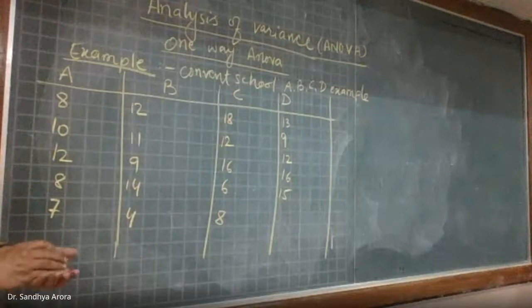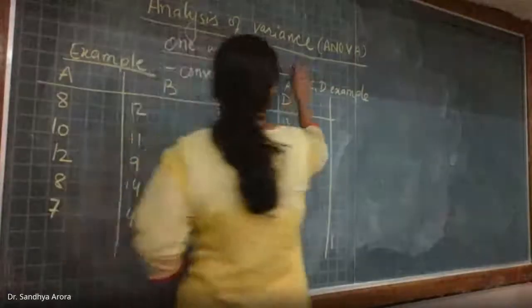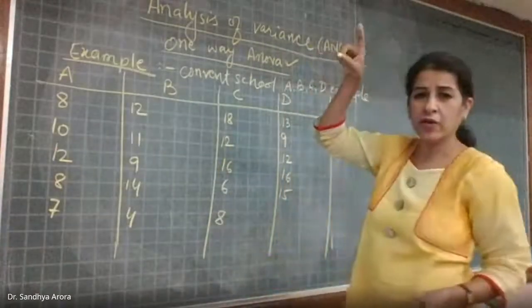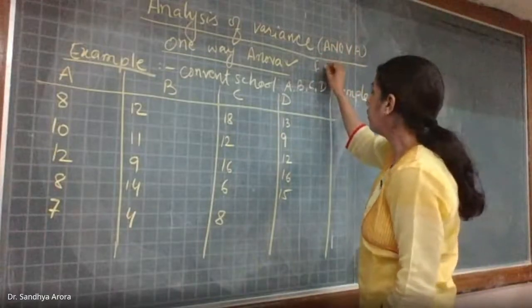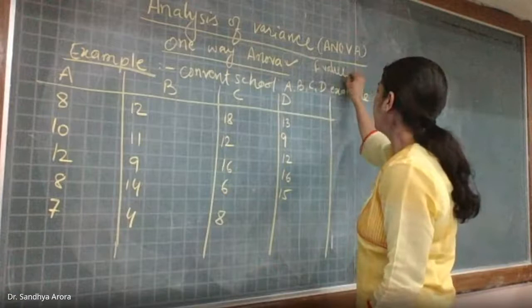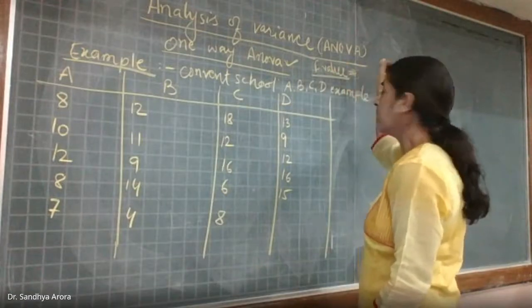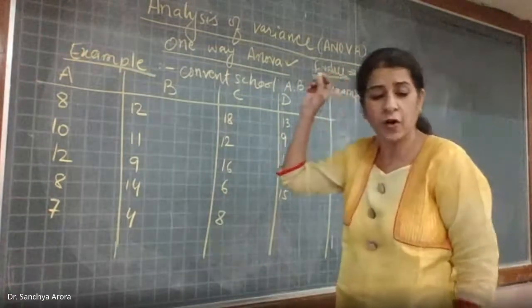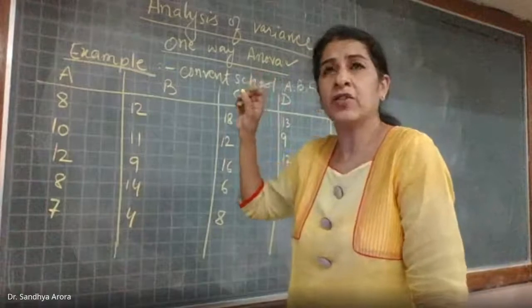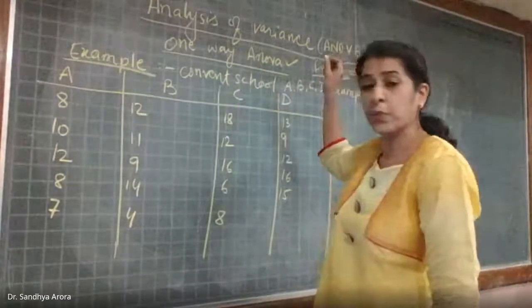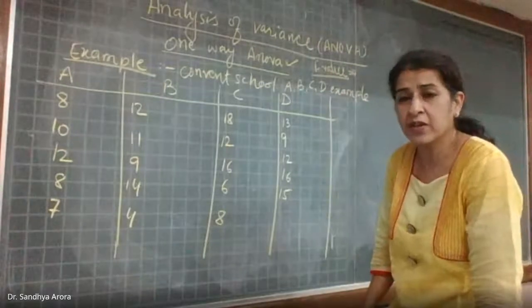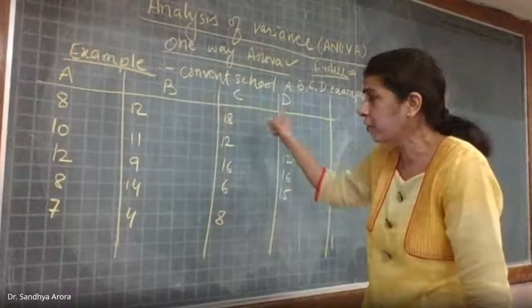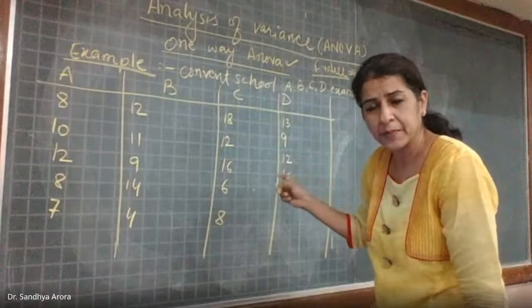Yes, ma'am. Okay, so we actually did this one by ANOVA. We created the table also. You remember we created the table and we calculated the F value. Based on this F value, we decided on the analysis of variance. What was the output? Our null hypothesis was accepted. It means there is no significant difference in the performance of the different schools, isn't it?